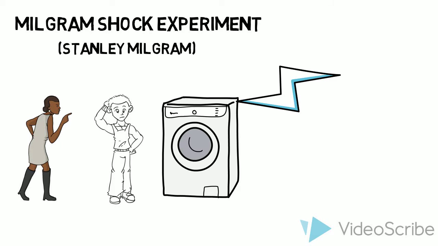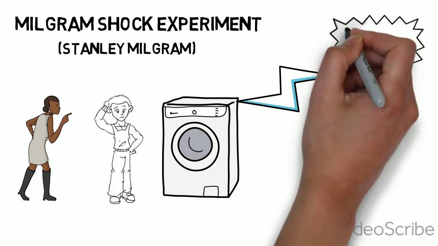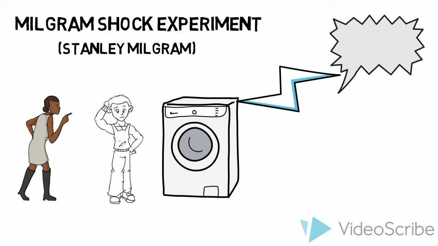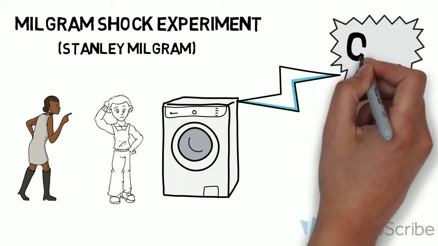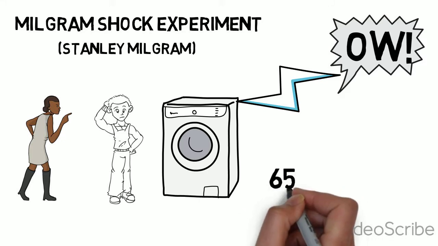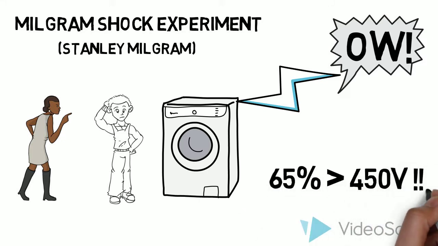This did not actually happen, although the participants were unaware of this, as they had themselves a sample shock at the start of the experiment. They were encouraged to increase the voltage given after each incorrect answer up to a maximum voltage. It was found that all participants gave shocks up to 300 volts, with 65% reaching the highest level of 450 volts. It was concluded that obedience is most likely to occur in an unfamiliar environment and in the presence of an authority figure, especially when covert pressure is put on people to obey.